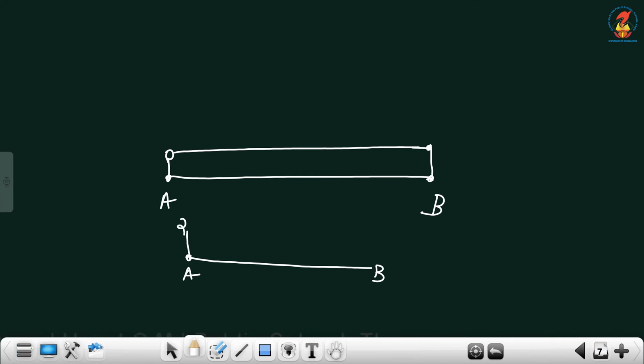So, from 2 we will start the reading, and here suppose you got it as 13 centimeter. So, actual length of this line segment is 13 minus 2, that is 11 centimeter. So, in this way we will take correct